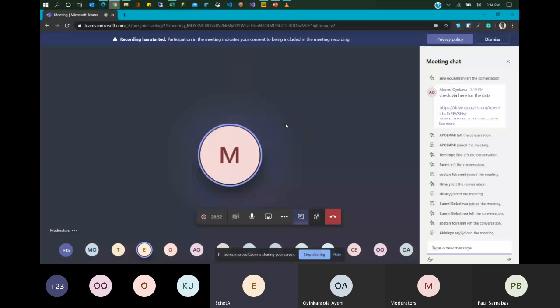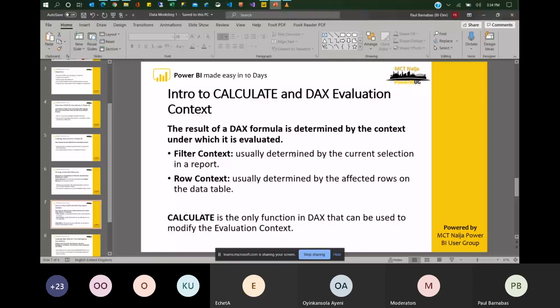Okay. So what I was saying was I'm going to introduce the calculate function and the DAX evaluation context. So I was saying that when you are creating a calculated column or a measure, there are some things that happen behind the scenes. And those things are based on some concepts in Power BI.